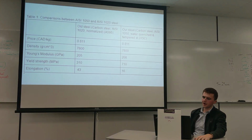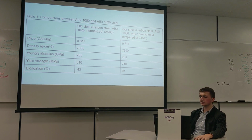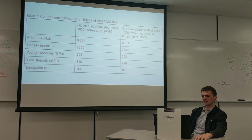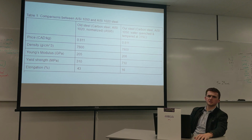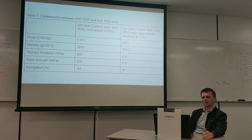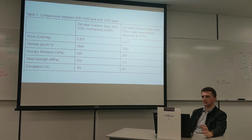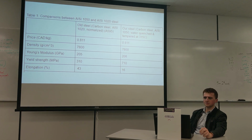So, when you look at the comparisons between the AISI 1050 and the AISI 1020, you'll notice that they're both about the same price, they have about the same density, and their Young's moduluses are fairly comparable. The real difference comes down when you get to the yield strength. The yield strength for our proposed AISI 1050 steel is about 2 and a wee bit more times as much